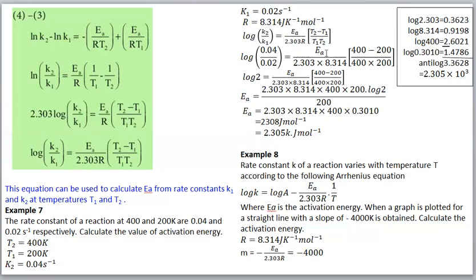Okay, equal to Ea by 2.303 into R value 8.314 into higher temperature 400, lower temperature 200, divided by 400 and 200. Then you see here this value double is this one. So we can cancel this one here, 2. So log 2 equal to the right side value as it is we written.